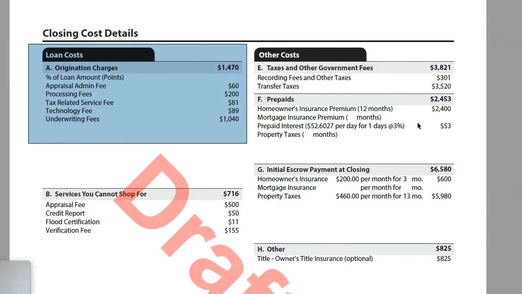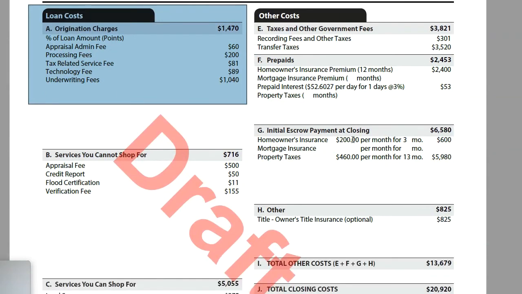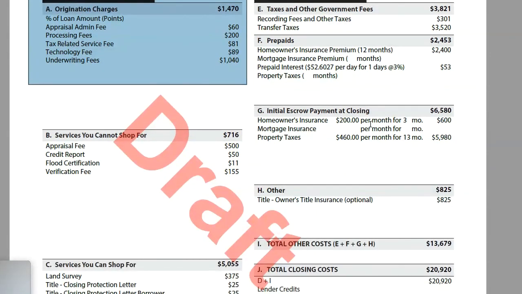So again, another example of where you want to over disclose, you want to give a higher number than what you think it may be, because that way you're not taken by surprise if it actually does come in higher. You don't want to disclose $800 on here for the insurance, and then it ends up being $1,800, and now you're $1,000 off on the estimate of what you're supposed to bring to close. And then the escrow account, if you do have an escrow account, is going to consist of whatever the cushion amount needs to be for the escrow account and the required amount of taxes, depending on what time of the year that you'll be closing.